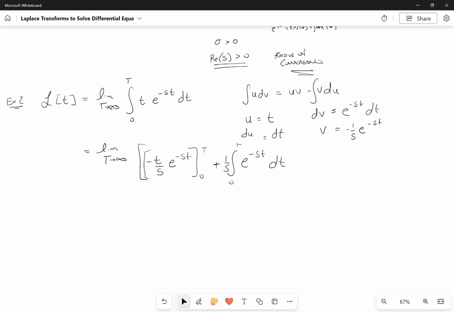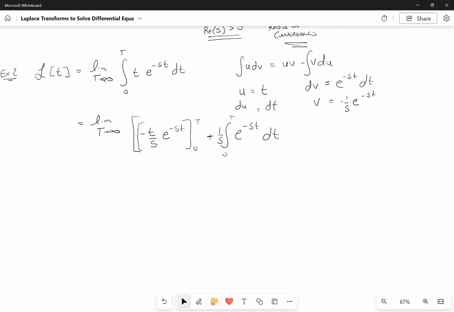Awesome, so let's keep going. What does this become? Again, the t going to infinity applies to the whole thing. I'm going to evaluate the integral first, so I'm just going to rewrite this. T goes off to infinity. I'm going to keep this, negative t over s. I'll evaluate this in a second. I just want to evaluate the integral. It's going to be plus